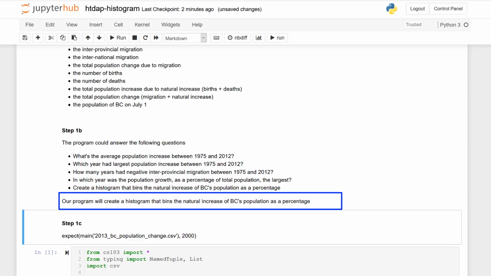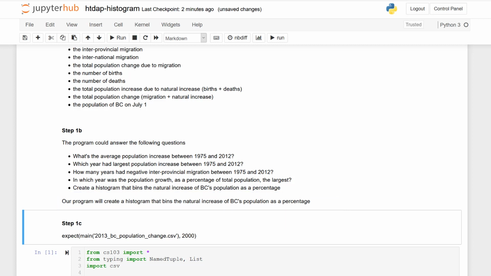Our goal will be to create a histogram that bins the natural increase of BC's population, which means births minus deaths, as a percentage. That's no longer phrased as a question, but it does explain what our goal with our program is. Let's work through the rest of the program design and make necessary edits as we go.